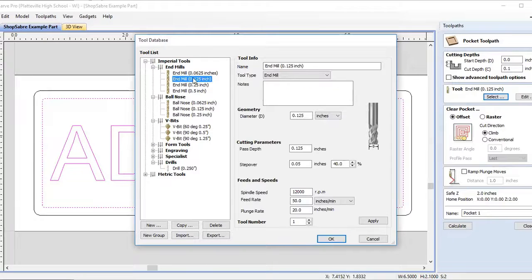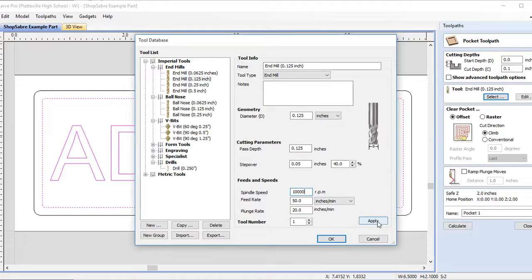And in this case, our 1/8 inch end mill is located right here. Over here to the right side of our window now is just a little bit of information and cut settings for that particular tool. And we really won't change much with any of these settings. If we were to do anything, I would say to come down here to our spindle speed. And I think if we ran this at 10,000 RPM, that we'd be in good shape. And I'm happy with our feed rate of 50 inches a minute and our plunge rate of 20 inches a